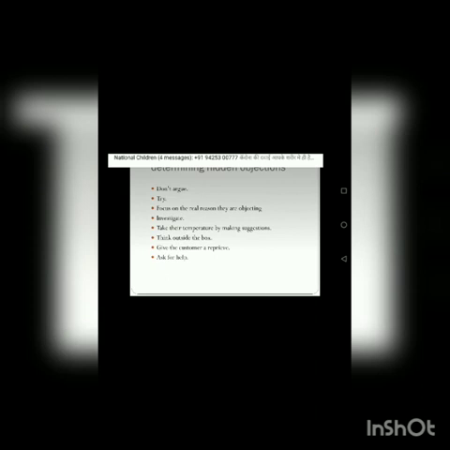Now, there are some hidden objectives which you are supposed to determine. What is the objection? So you should allow them to talk. You should not argue with them. Try more times. Focus on the real reason they are objecting. Investigate properly so that you will understand what is the real reason, whether they do not have money or they do not need it, and you are supposed to mine out certain real objections from the side of the client.